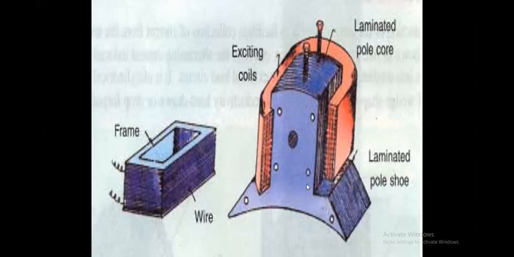In this slide or picture, you can see this is the pole shoe on which the slide is placed, and the laminated pole core can be made. Why laminated? Because direct contact cannot be made between the pole shoe and the yoke of the frame. For this purpose, we place varnishing between these two things. Now moving towards the next slide.